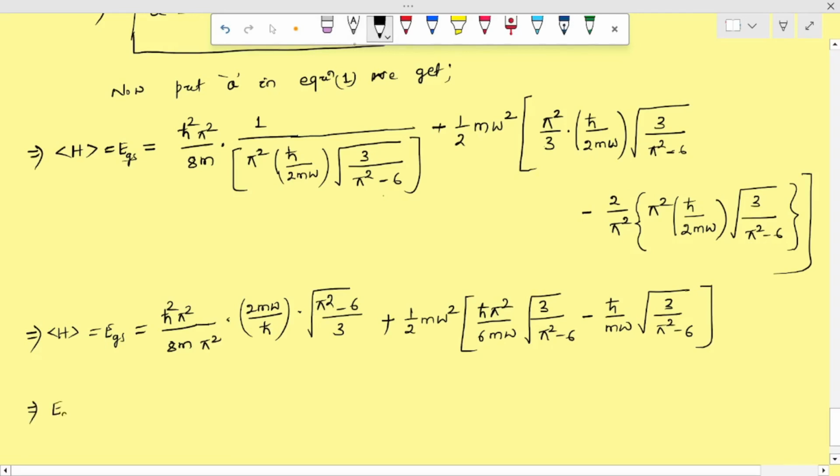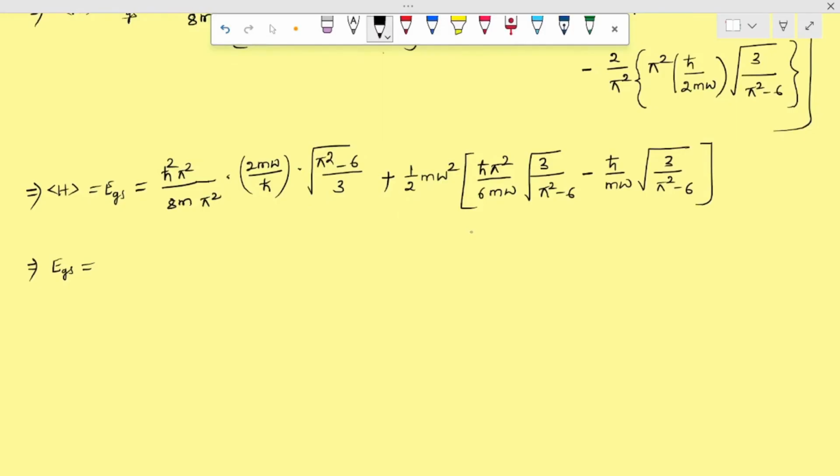E_GS, the ground state eigenvalue, will be equal to, here pi square got cancelled, h cut will be cancelled, m will be cancelled, 2 will be cancelled with 8, it will be 4. So we found h cut omega by 4, h cut omega by 4, okay, h cut omega by 4 pi